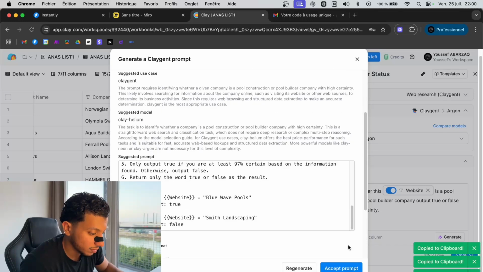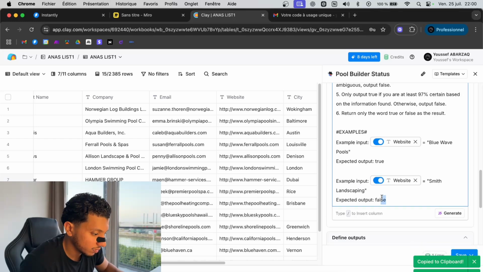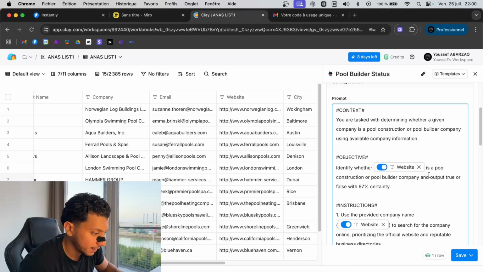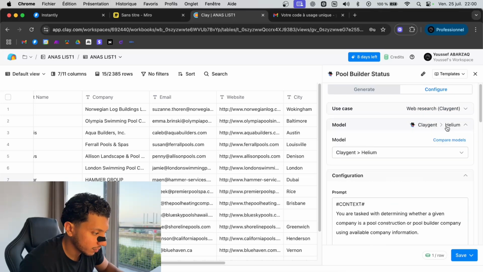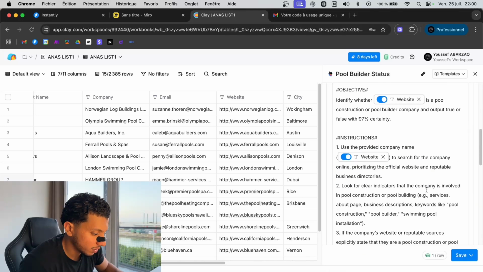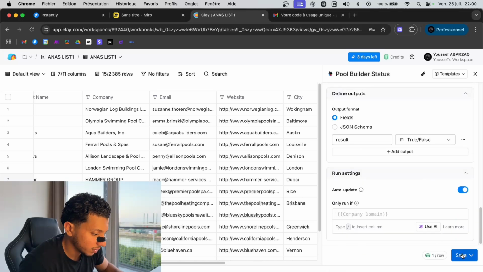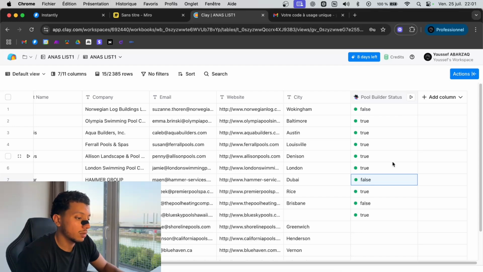This is good. I'll just remove, yeah, let's leave them, and I'll use Gemini because it's cheaper and better. Okay, perfect. So now we'll